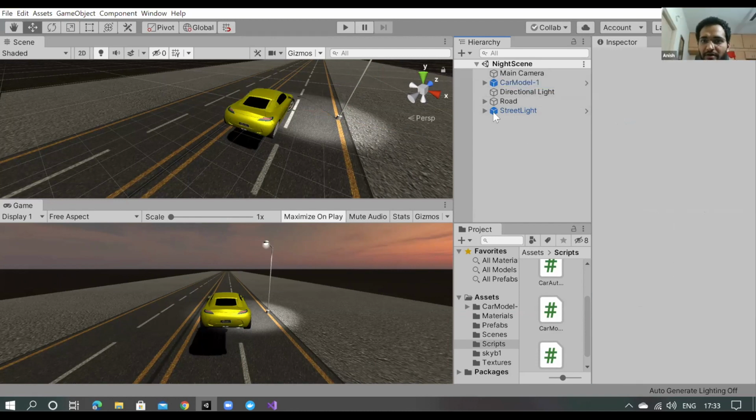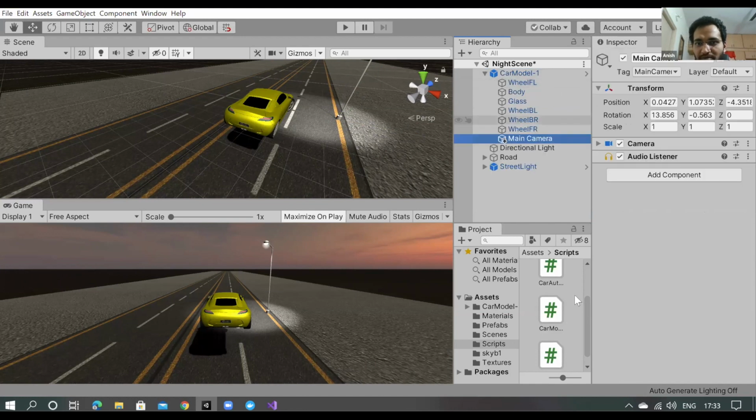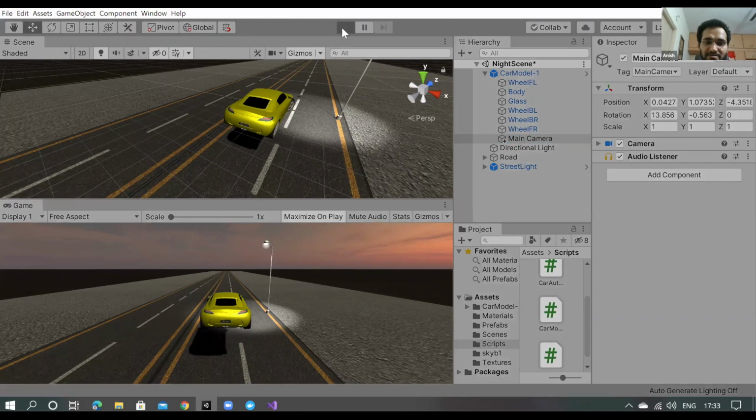Okay, so I want this camera to follow my car. One of the easiest ways to do it is just drag and drop. So what I did, I dragged the camera and dropped it onto the car model one. Let's see what happens.